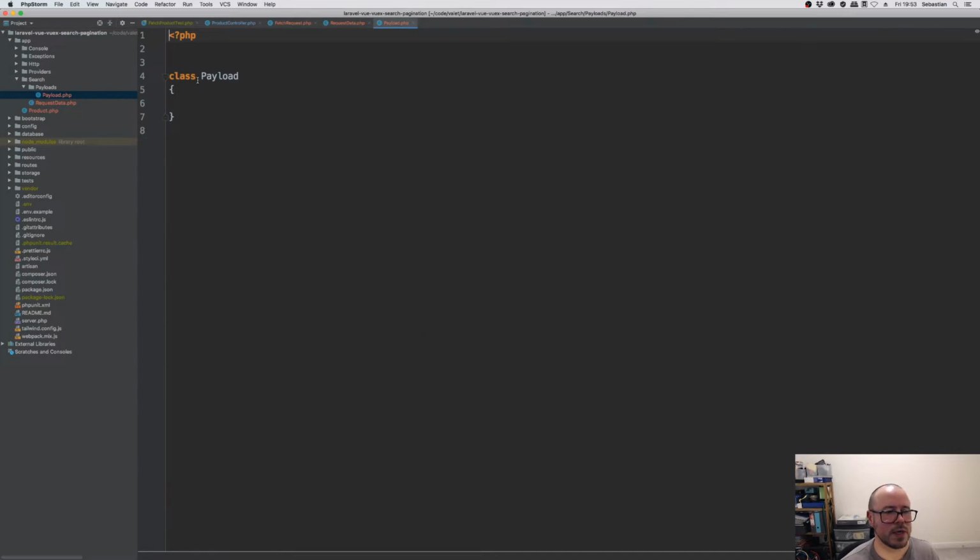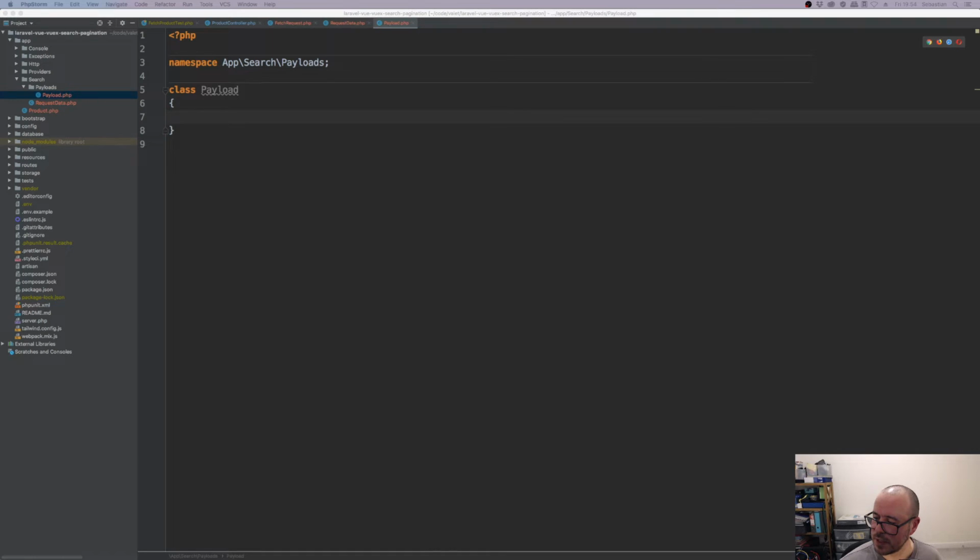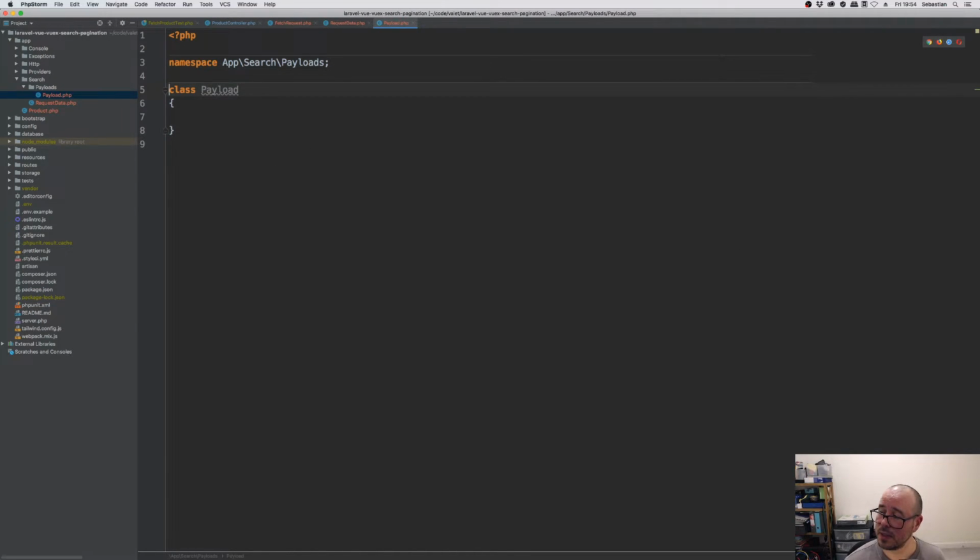And I don't know why PHP Storm doesn't actually automatically add namespaces. So let's just quickly do that. Up and it's search payloads. Okay, and my payload class will represent an abstract class